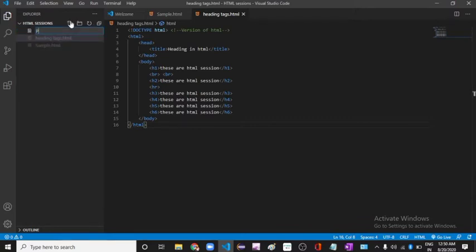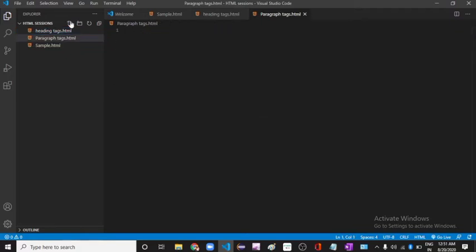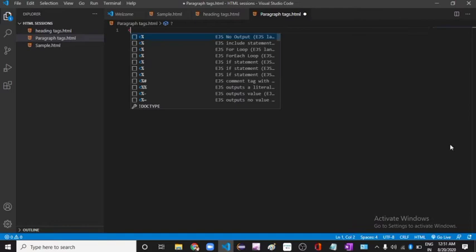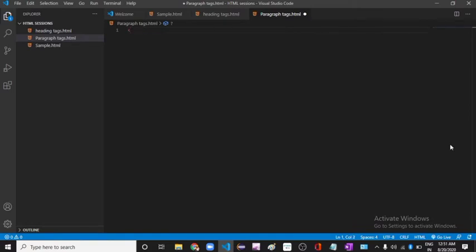Okay, so paragraph tags dot html. Initially we will be declaring the doctype declaration: doctype html.